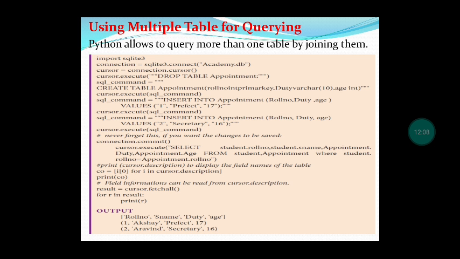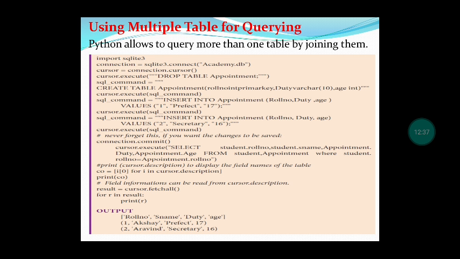In this example we have created a table appointment with the columns roll number, duty and age. Already we have the student table with S name, roll number and other details of the grade, everything.